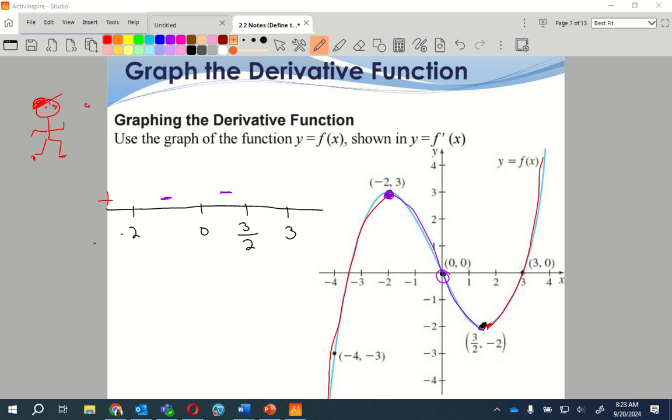So right here, I know at 3/2, it's going from a negative to a positive, right? At 3/2, it's going from a negative to a positive. And at -2, it goes from a positive to a negative. So the graph of my derivative,